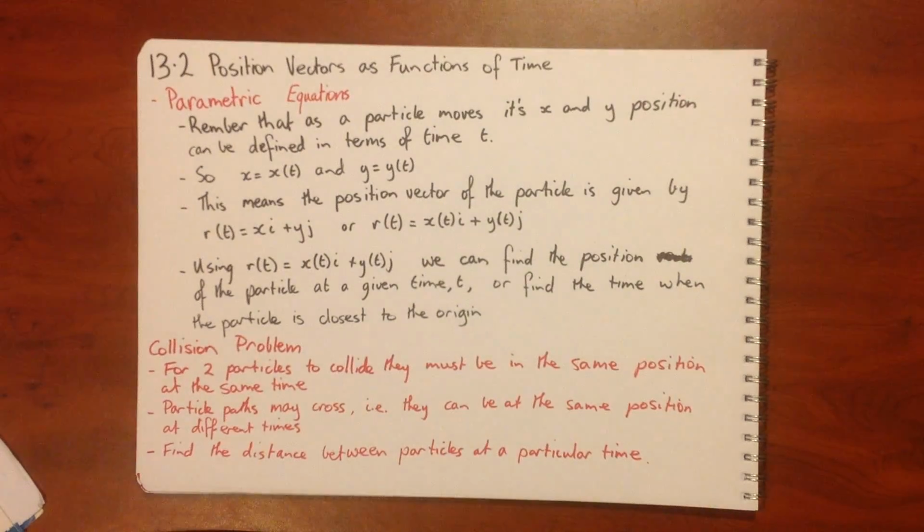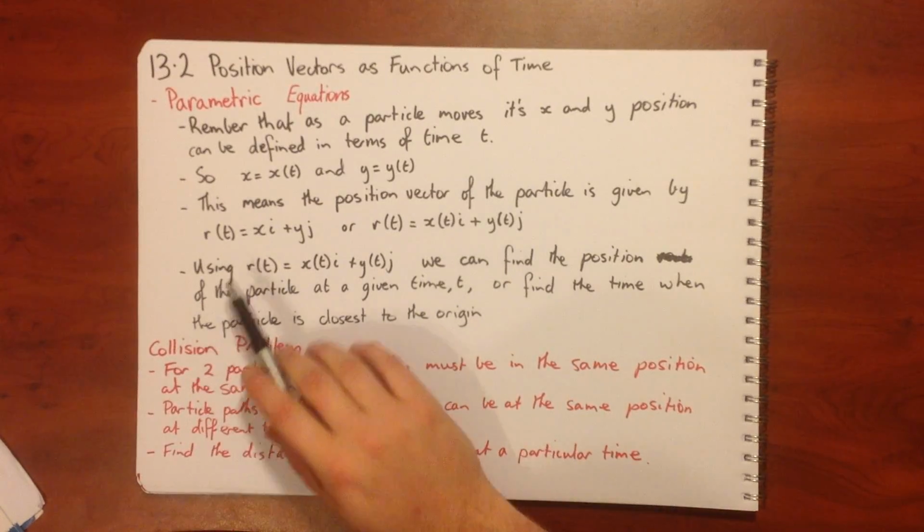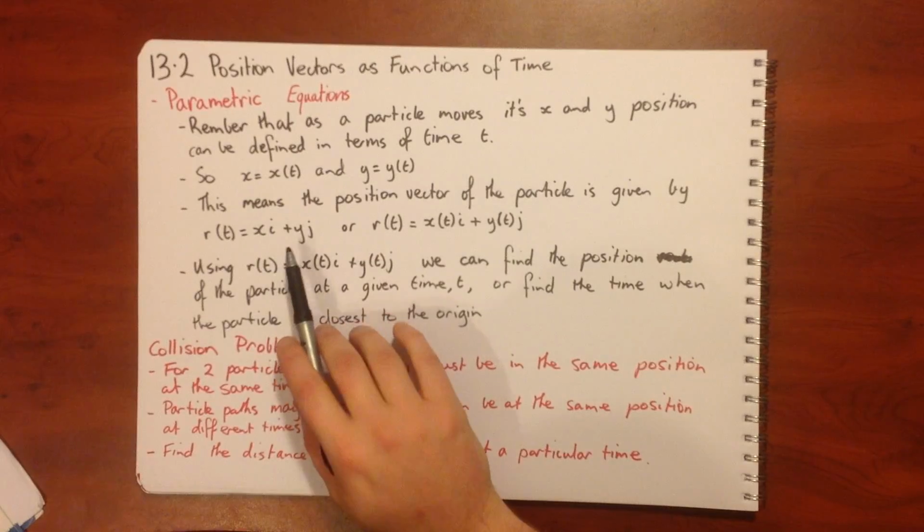Hey, in this tutorial we're looking at section 13.2 on position vectors as functions of time. Okay, so we can talk about this in terms of parametric equations. Remember that as a particle moves, its x and y positions can be defined in terms of time, t. So we can say x is equal to x of t and y is equal to y of t. So this means that the position vector of a particle is given by r of t equals xi plus yj,